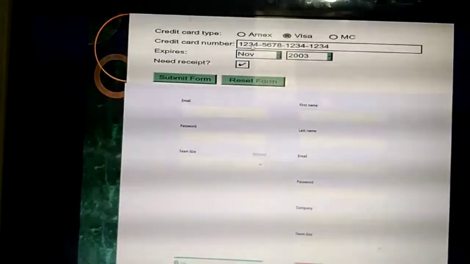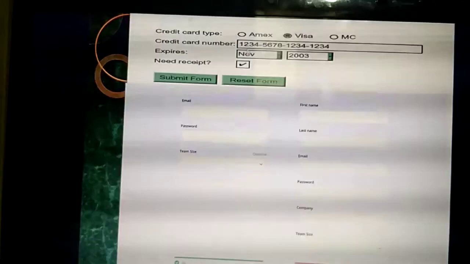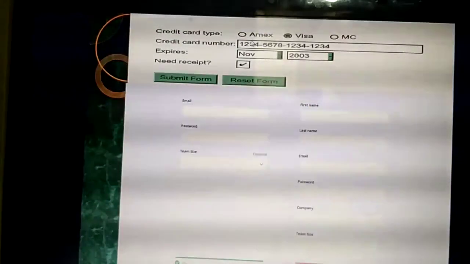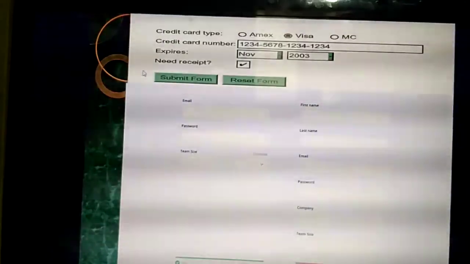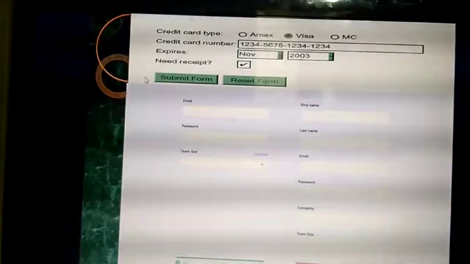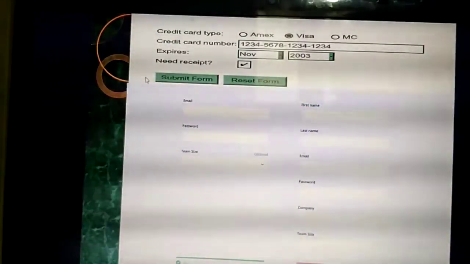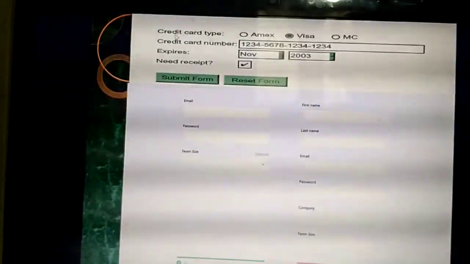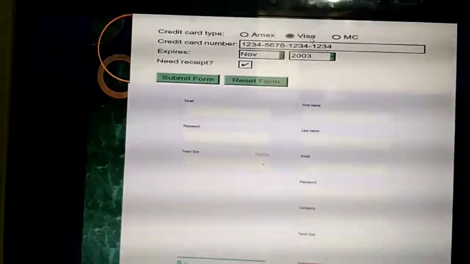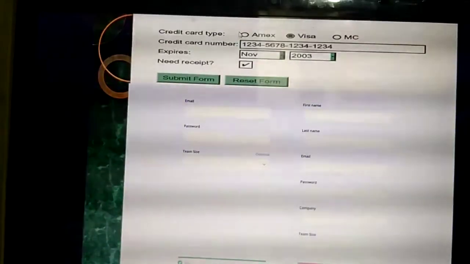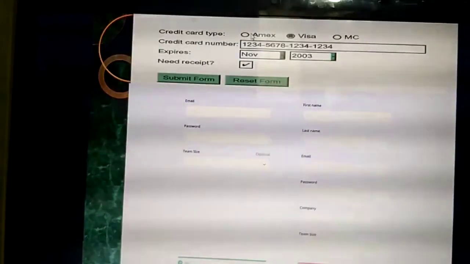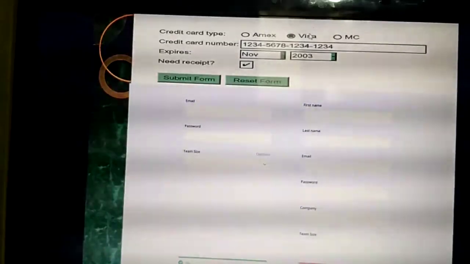So in the system itself, you can give all the information and you can give all these inputs by using these menus. That is called graphical user interface. Understand now? For example, for the credit card type, they have given 3 options in a single line. For example, they have given first option on this page. Next, they have given Visa.